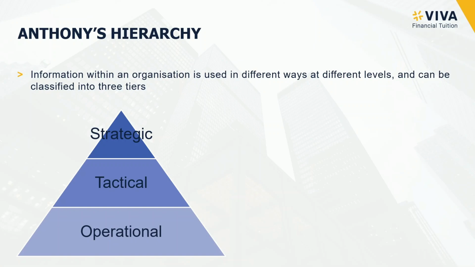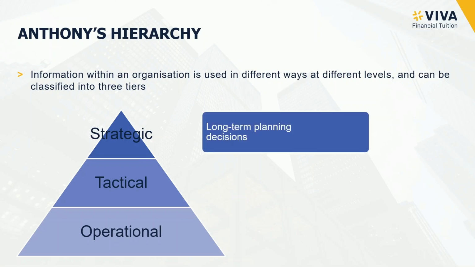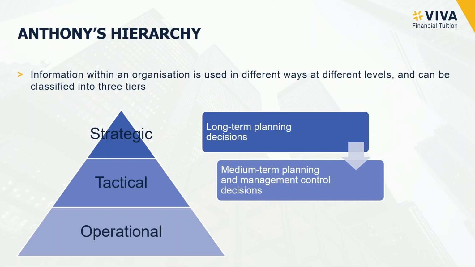This hierarchy acknowledges that information serves distinct purposes depending upon the managerial level. So at the strategic level, information pertains to long-term planning and decision making, guiding the organisation's overall direction and goals. Moving down to the tactical level here,